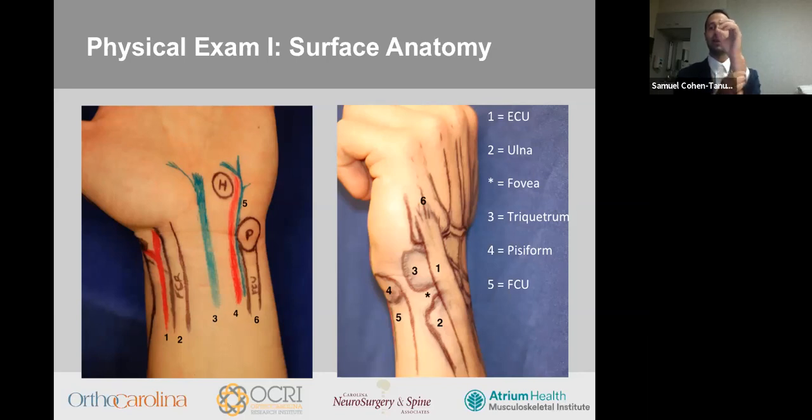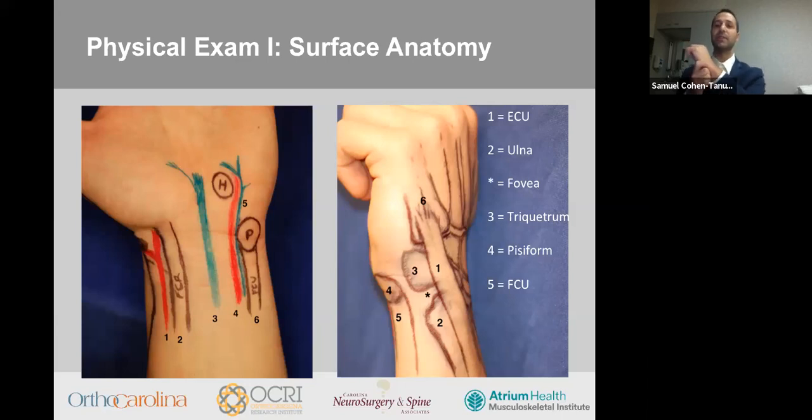And the FCU tendon inserts onto the pisiform and is easily palpated, moving proximally along the ulnar volar wrist or flexing your wrist. Next, if you place your thumb IP joint directly over the pisiform, aiming towards the ring finger, the tip of your thumb will naturally land over the hook of the hamate, which will feel like a more subtle bony prominence. The ulnar head is immediately visible and palpable in the ulnar dorsal quadrant of the wrist, and